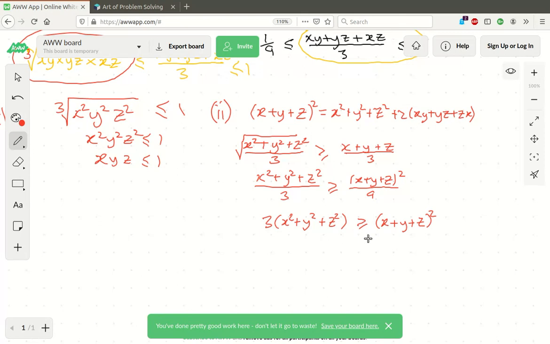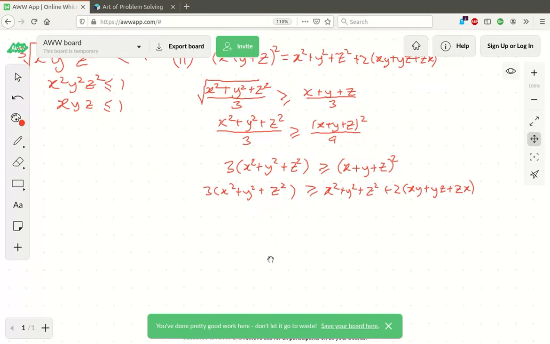I can use this inequality though, can't I? And I'm going to get 3 times x squared plus y squared plus z squared is greater than or equal to, now if I use this fact, x squared plus y squared plus z squared plus 2 times xy plus yz plus zx. And I'm not saying this is the only way to do it. There's probably a quicker way. It's not mega long though, this really. I then just subtracted